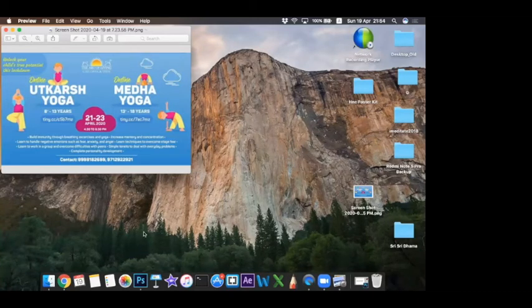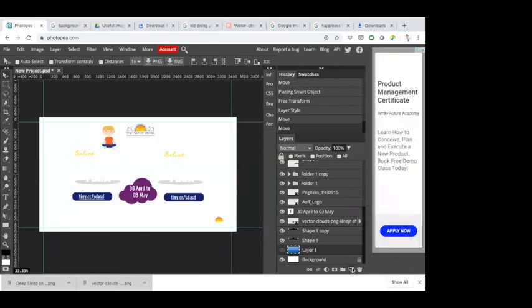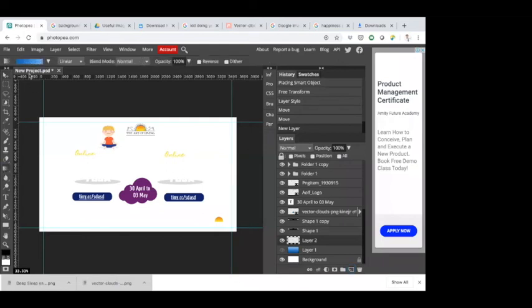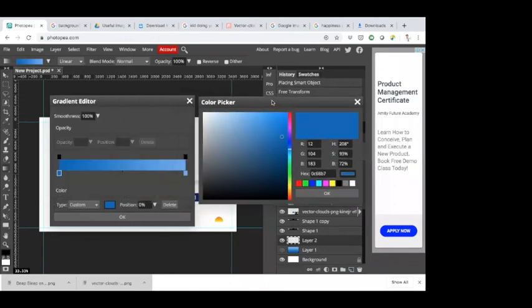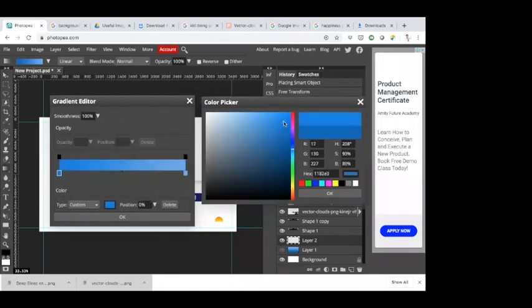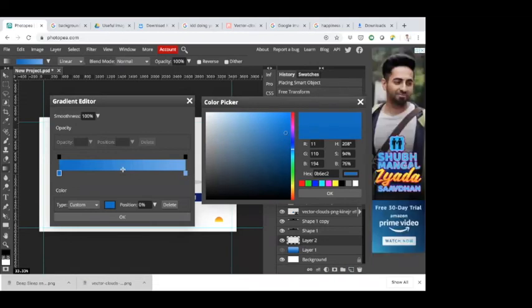Okay, coming back to the gradient, I'll just explain once again. I'll just remove all these things. Click on a new layer. There is a new layer which is created. Now go to the gradient tool. Click on the gradient and click on the square button, and you can actually change the starting. So basically what this says is what should be the starting color, what should be the ending color. And if you need any middle color also, that also is possible.